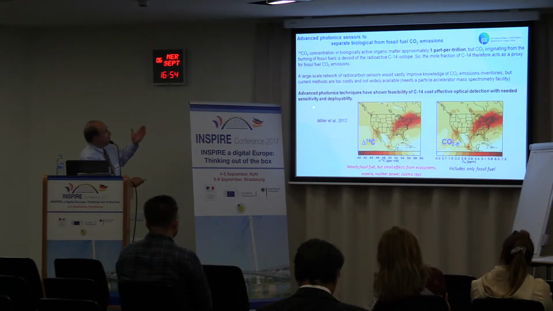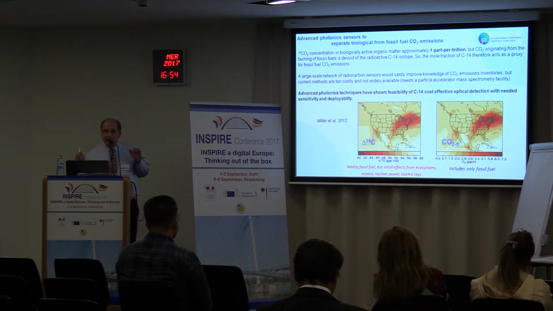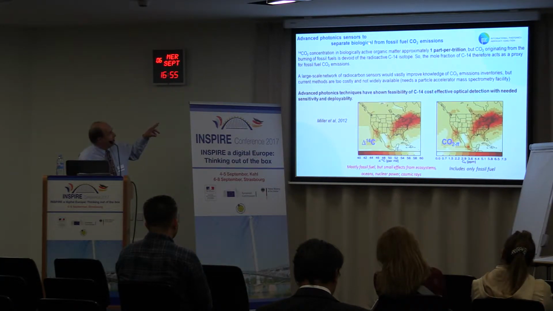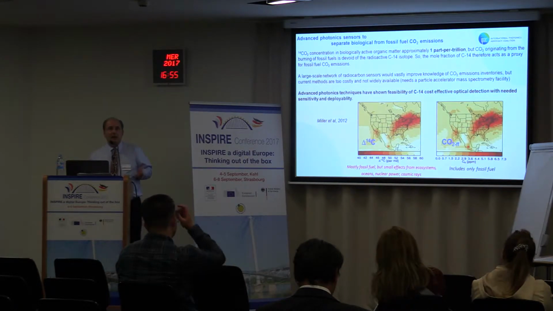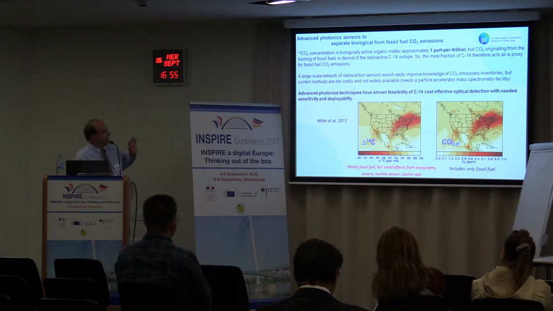So this really is providing operators an ability to find the missing sources of these very powerful greenhouse gases. Here's an example, again, of advanced technology that can solve one of the really compelling problems in constraining the fossil fuel CO2, and our ability to separate it from the biological fluxes. How do you do that? That limits our ability to really get at the details of fossil fuel CO2 emissions around the planet. And the way we can do that is measuring the